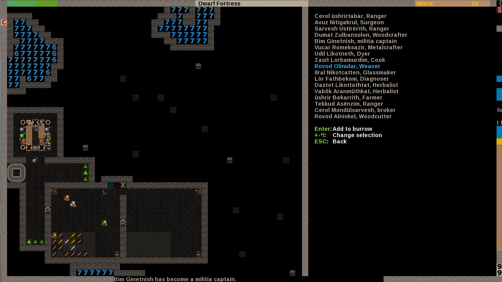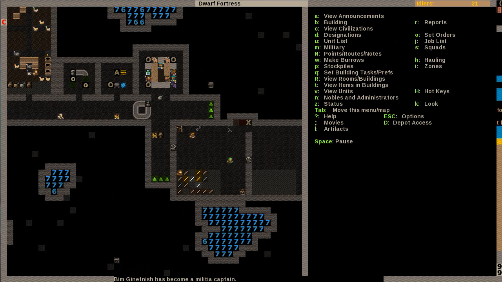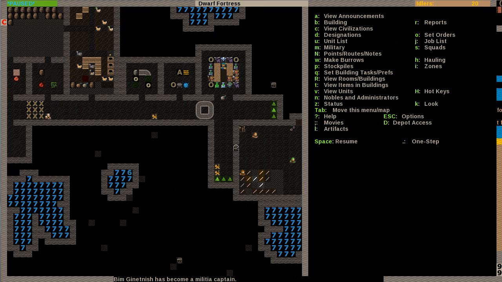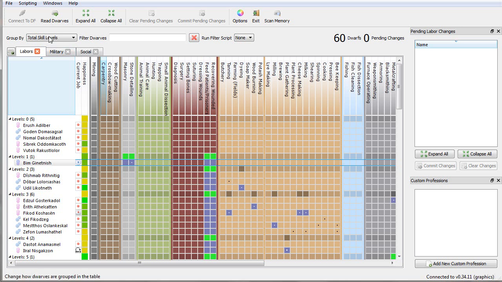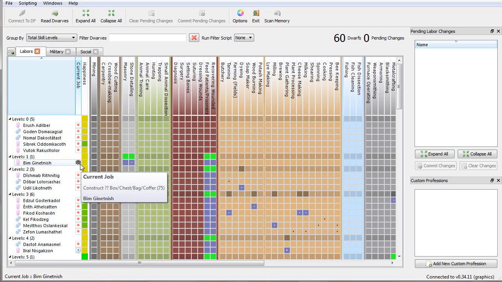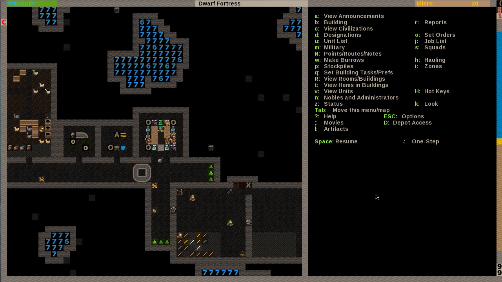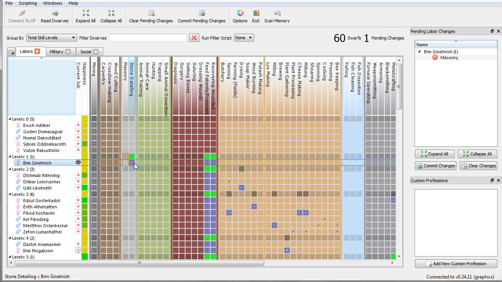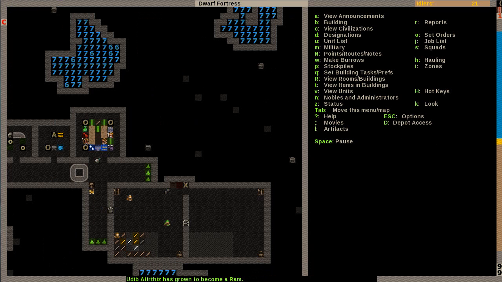What do I press to go fast? There we go. There you are. Add to the burrow, and hopefully you will now go stand on the... You're not gonna go stand on it, are you? You just... Yeah, I think it's because they're in the military or something, I don't know. They're going to construct box, chest, bag, coffer. Yeah, okay. So let's just take them off their jobs. I really shouldn't be having this much difficulty just getting a dwarf to stand somewhere, but